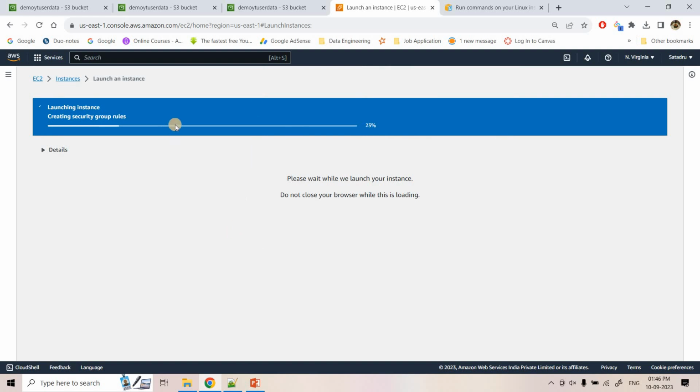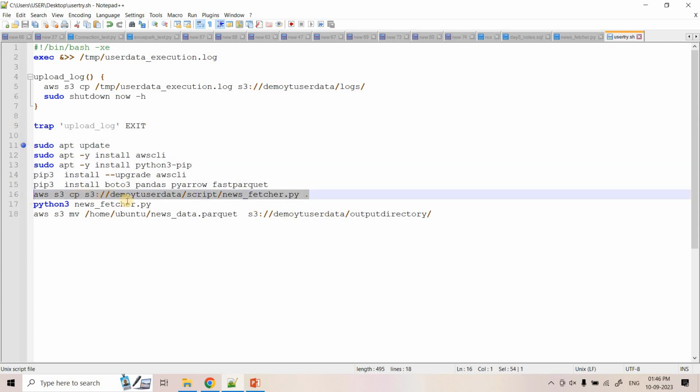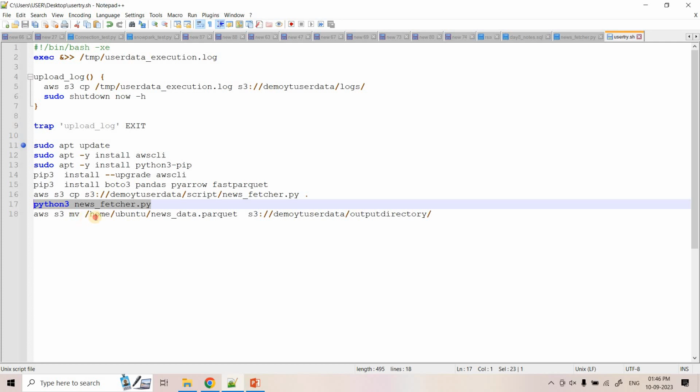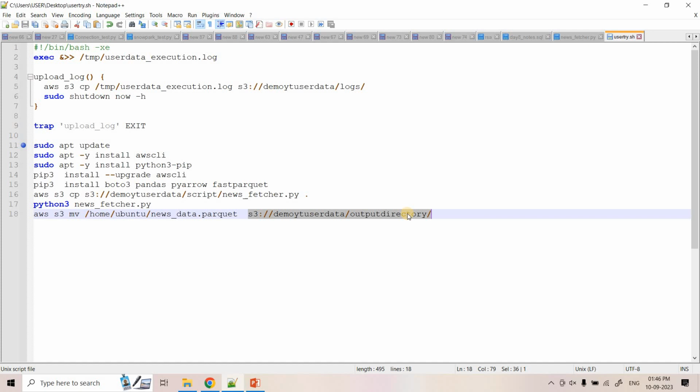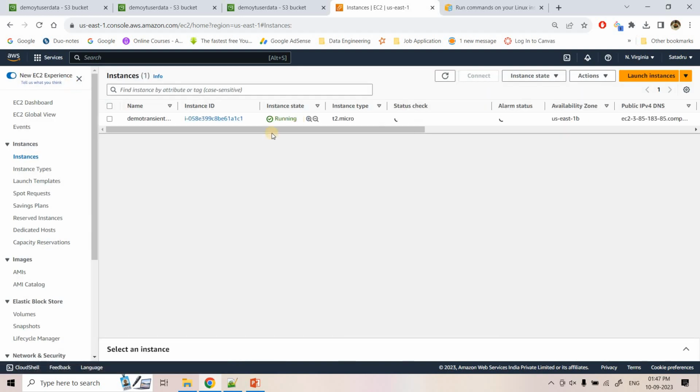Okay, so what should happen is that first the EC2 instance is launched, and then all this installation should happen, and then from AWS S3 this particular directory, this Python file should be copied to EC2 local, then this Python code should be executed, and then the generated or extracted data should be uploaded to this particular S3 location, and then once it tries to exit, the logs data should be copied, and then it should shut down. Okay, and upon shutdown we have configured that the EC2 machine should be terminated,